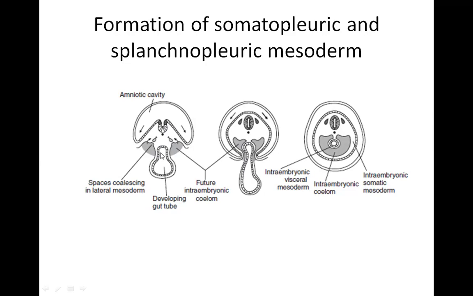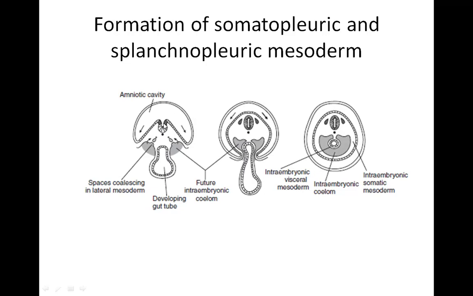So over here you can see this yolk sac is being incorporated inside the folding embryo, and these are the small clefts. They have appeared in the lateral plate mesoderm. This one is the neural tube, which is nothing but the ectoderm, which has differentiated into a neuroectoderm, which will form the neural tube and the central nervous system of our body.